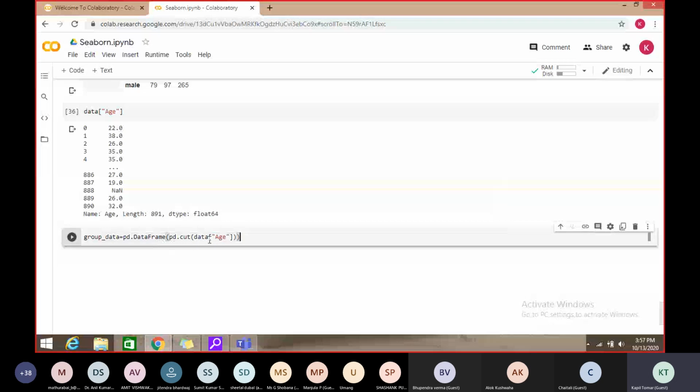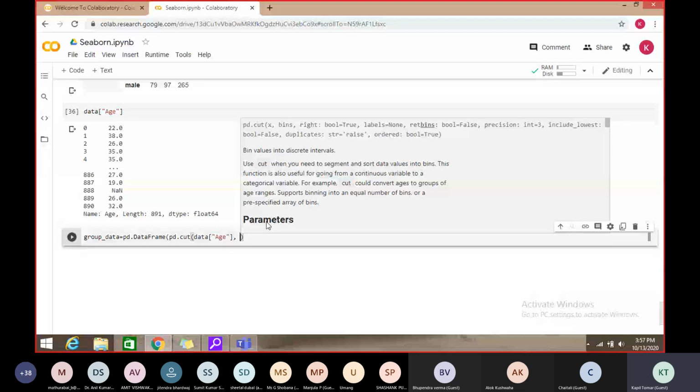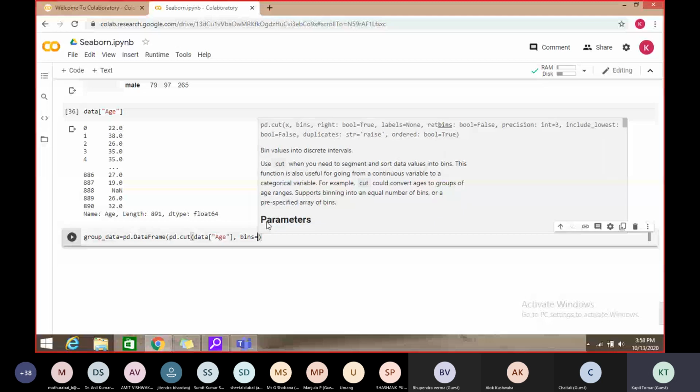Then we want to cut the data of this particular column, and pd two brackets. I hope this is right. So this data should be cut, and in what manner that has to be arranged. We have to arrange the data in the form of different bins, and what should be the size of that particular bin, or that interval we can say.